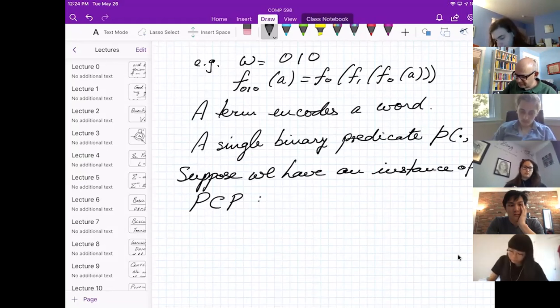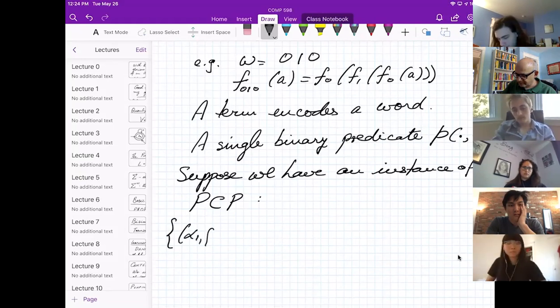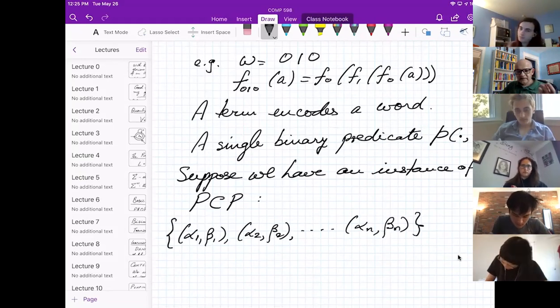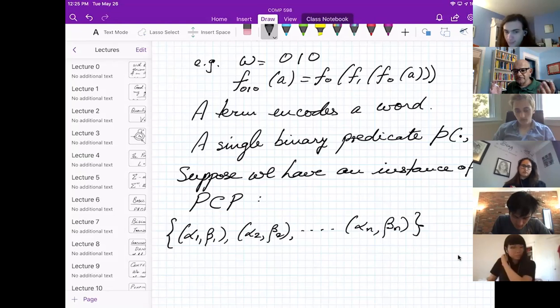So our instance of PCP looks like this. There's an alpha 1, beta 1. There's an alpha 2, beta 2. And there's an alpha n, beta n. Okay, alpha, beta, these are all pairs of strings. Each of these is a pair of strings. You should think of this as a little tile with the alpha written on top and the beta written down below.